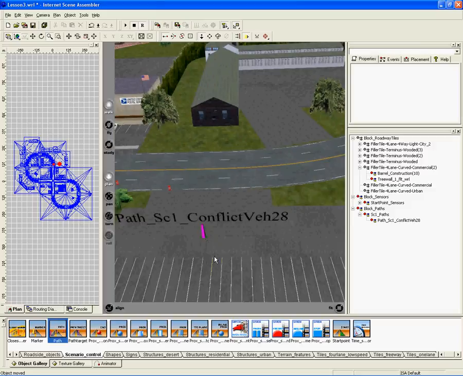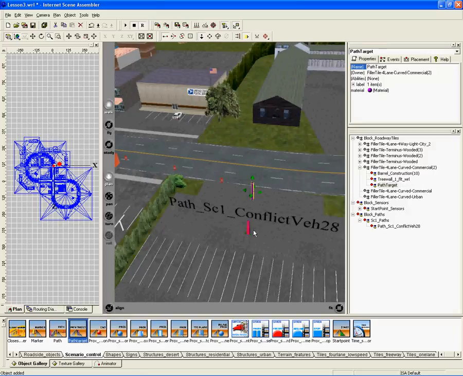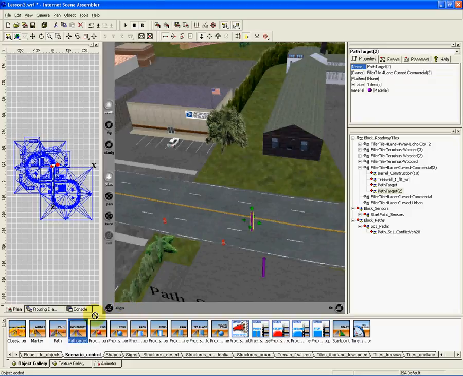Now, that's just the starting point of your path. Now we need to put in the path targets. And so over here we've got our path targets. We just start dropping those in, and the path is the path the vehicle will take until it reaches the end of that path. So here, if we're going to have it turn left, we might put in a curve here,